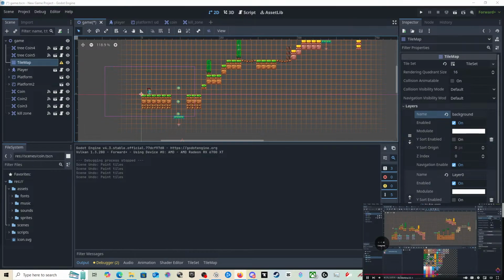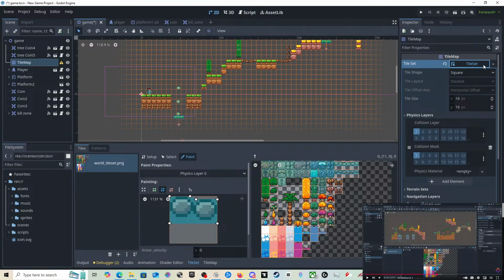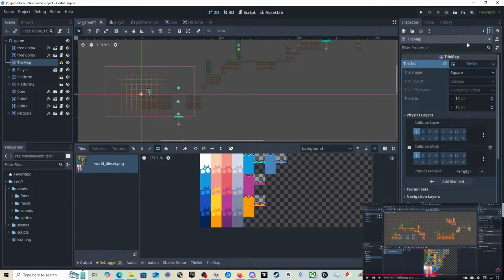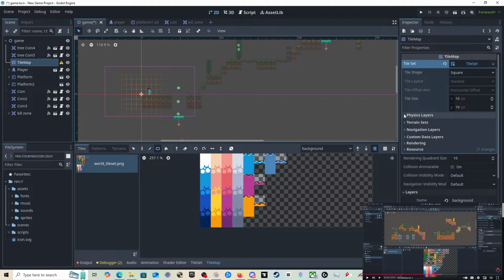To do this we need to add another layer to our tile map.